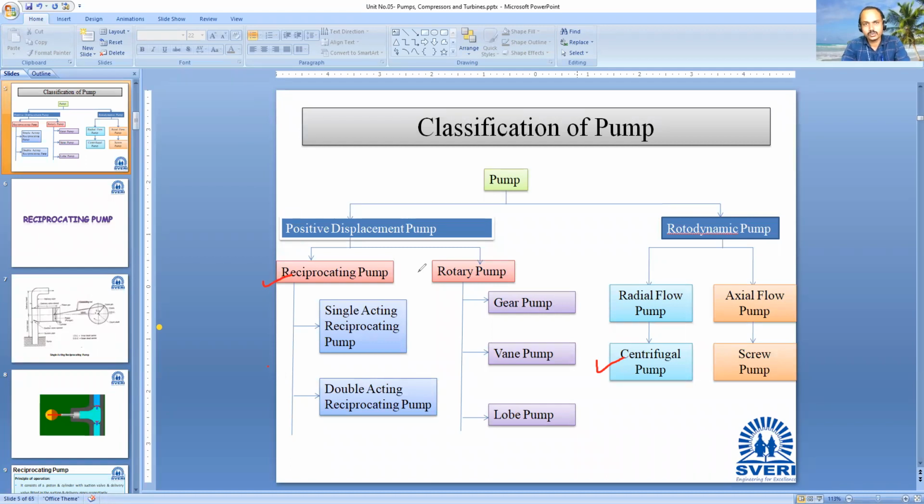We are going to study only these 2 pumps because these 2 pumps are mostly used in various applications instead of the other pumps. Centrifugal pump is a very common pump which is used in commercial, agriculture, and industrial areas, and mostly we are aware of that centrifugal pump also. We have seen the working of the centrifugal pump. Now we are going to study how it works.